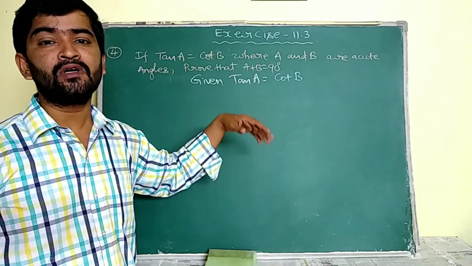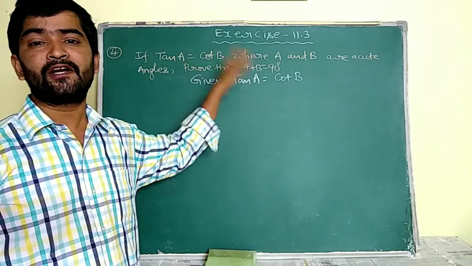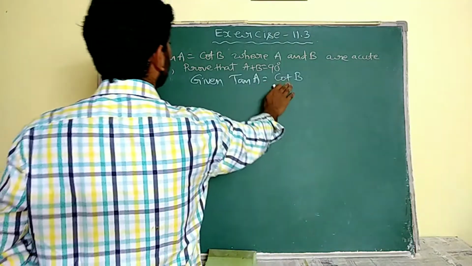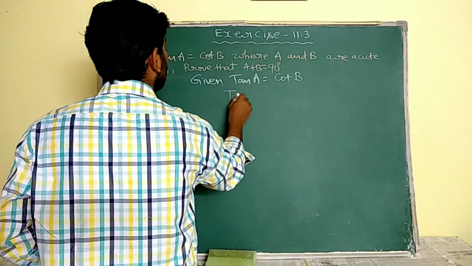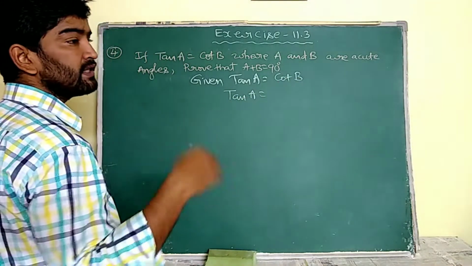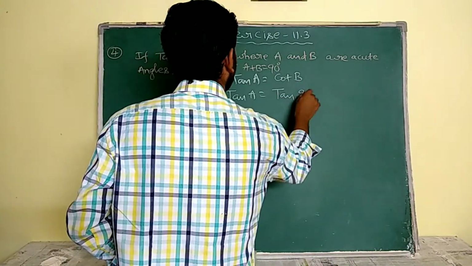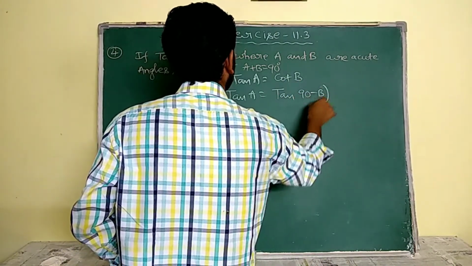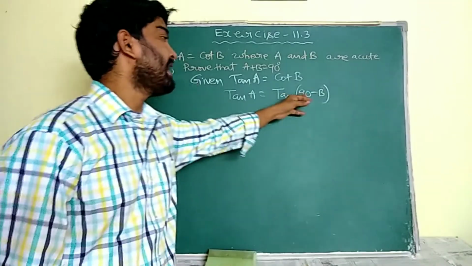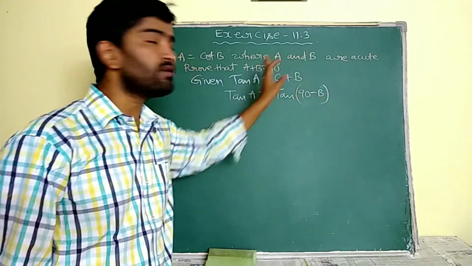So firstly we have to decide one thing, mark. Which trigonometric ratio is converted into the trigonometric ratio of the other value. Okay, see here I want to convert this cot into tan, mark. So I don't want to change this tan A. So simply I want to change this cot B into the terms of tan. So cot theta is equal to, we know, tan(90 minus theta). Okay, now just I have to recheck once. Okay, that is tan(90 minus B), does it give cot B or not? See, tan(90 minus B) is equal to cot B only.